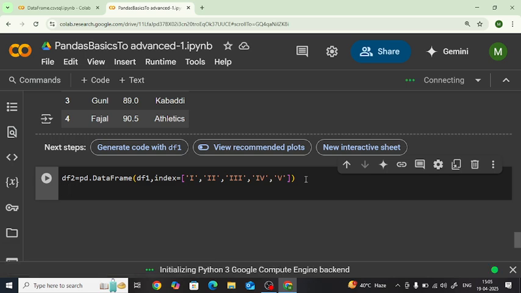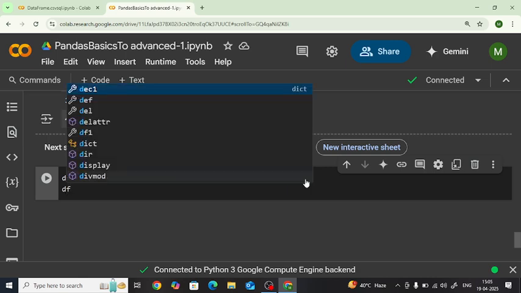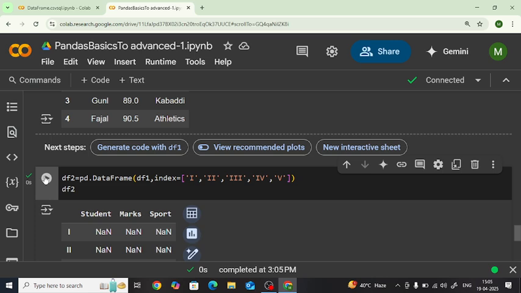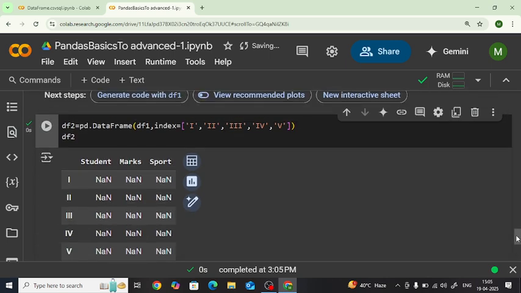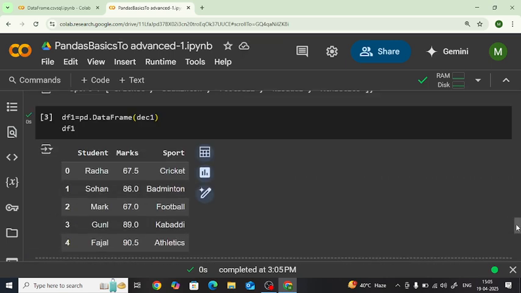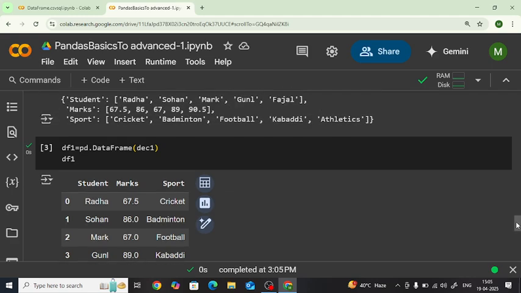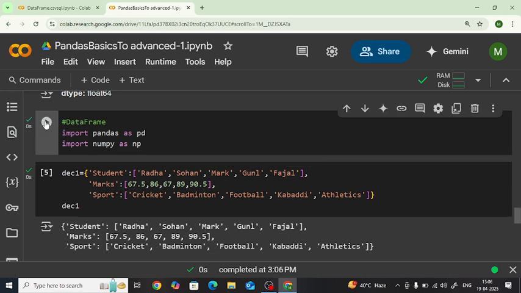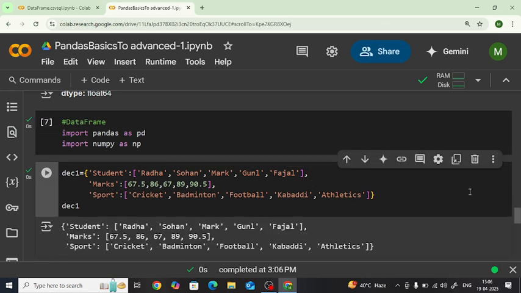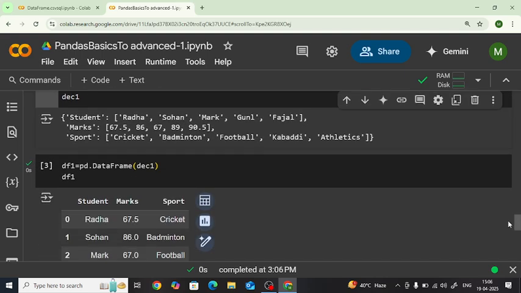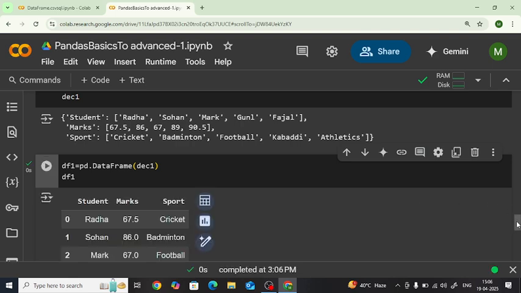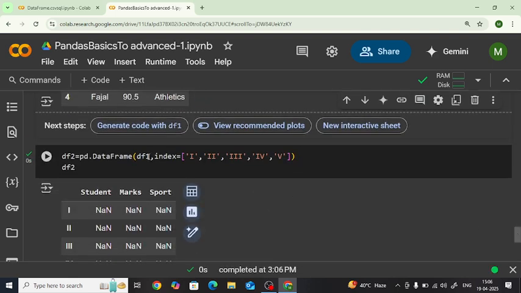df2. So it's a data frame. It looks like df1. That's right. What's the problem? I think the internet has been disconnected. So df1, and then we are going to convert it to this one, and it is going toward df1